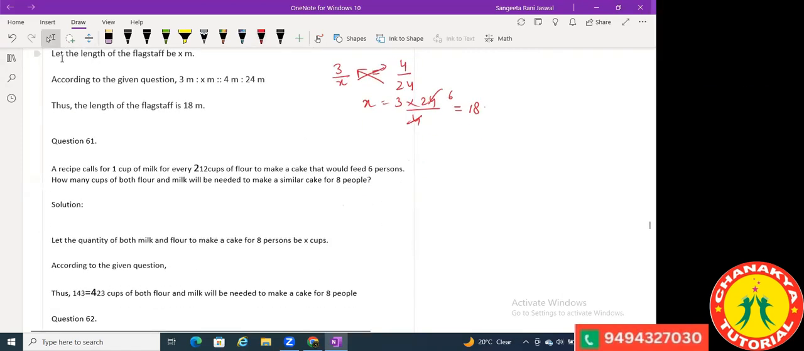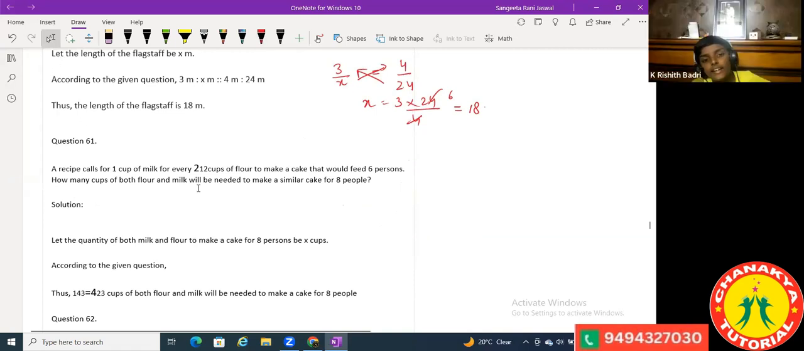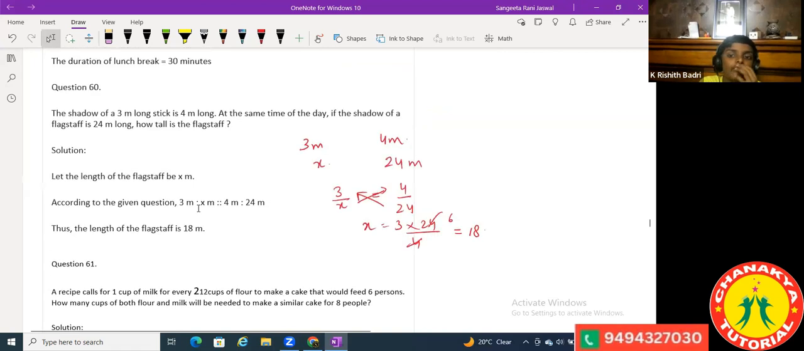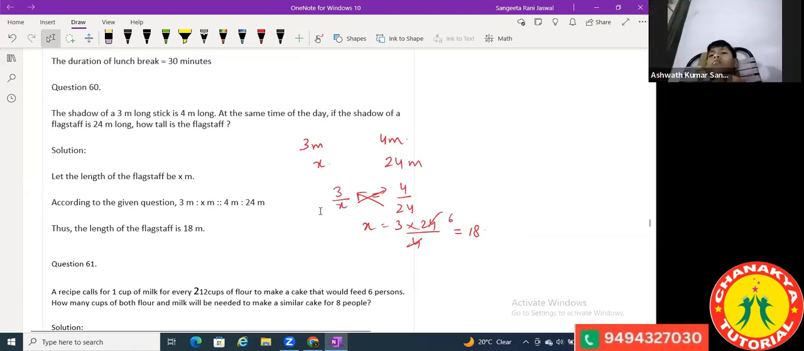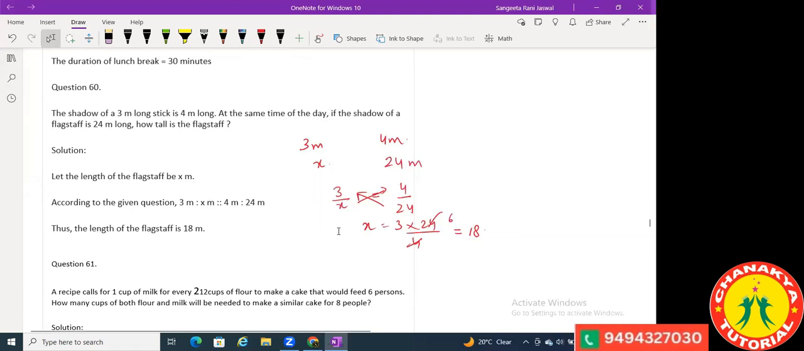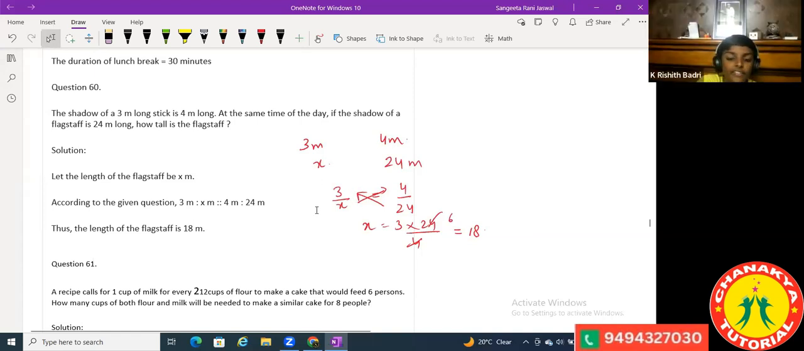If it is 3x, and 4 divided by 24, then if 3x comes here, it will be divided. So 4 into 24 by 3 it should be. It's not 3x, it's 3 by x. It's a ratio. Okay, ma'am. If it's a division ratio,